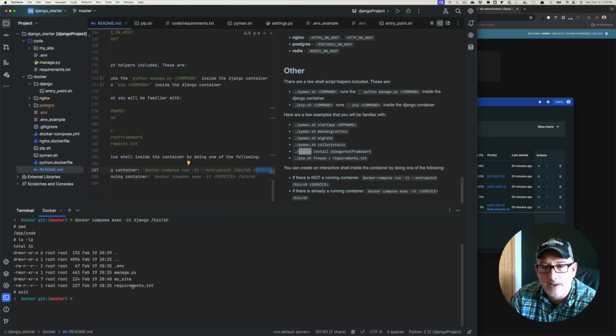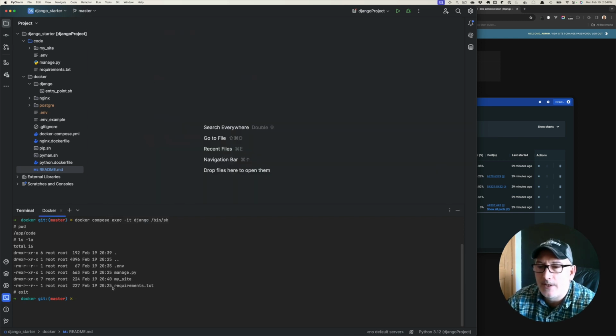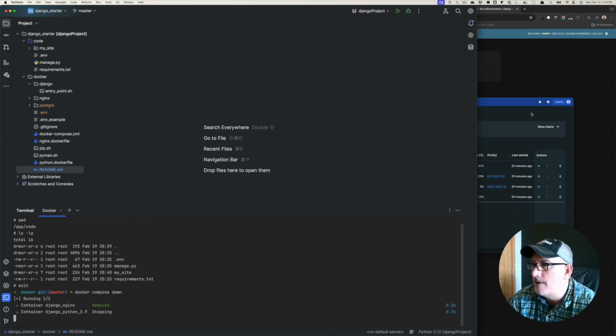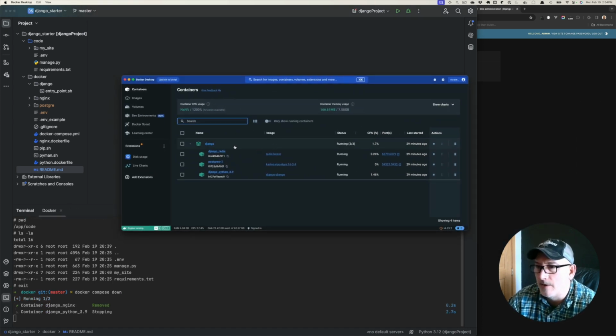And I can exit out, and I'm back at my Docker prompt here. So I'm going to close all these tabs out. The last thing is how to shut this thing down. So if I type docker compose down, it will take all of the containers that are running, and it'll start